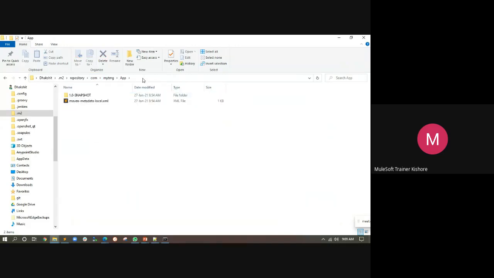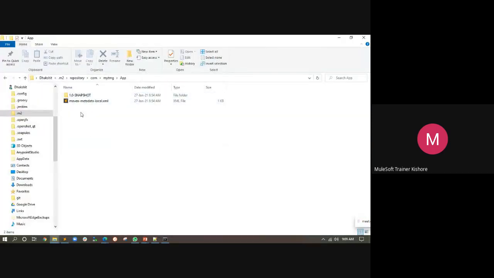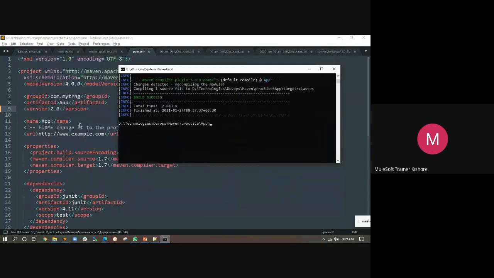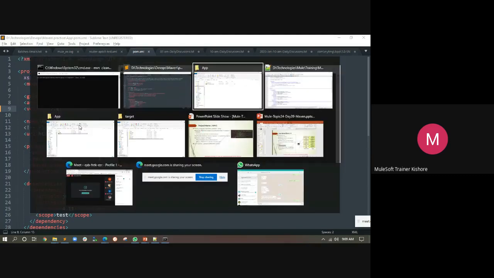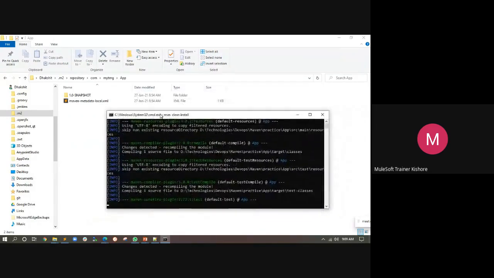So this is your group ID. Your group ID will be identified com dot, in the repository where your project is stored, com my training app, and then for the next one, version, another folder will be created with this name. If you have 2-3 versions, suppose I made this 2.0 snapshot, or made it a 2.0 and then saved this, and then Maven clean, sorry, I'm installing this, and now concentrate on both the screens, back end screen and front end screen.